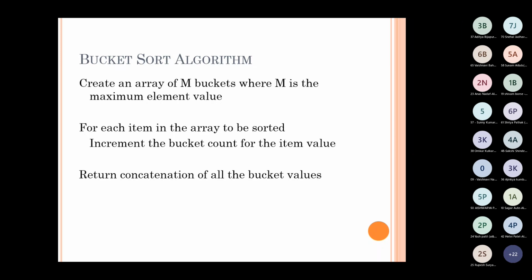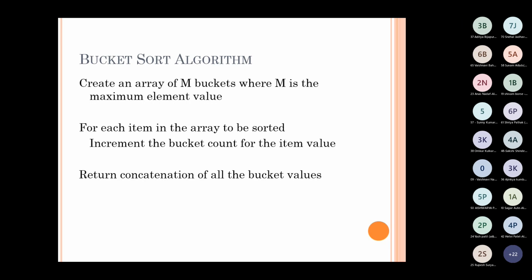So let's see the next part, that is about bucket sort, how the algorithm will work. Now in bucket sort, we will create an array of m number of buckets where m is the maximum element value if we want to put the single element. Okay, suppose करो कि I have some number of elements, मेरे पास 20 elements है. Out of that 20 elements, if my largest element is suppose 50, so what I will do, I will create 50 buckets.